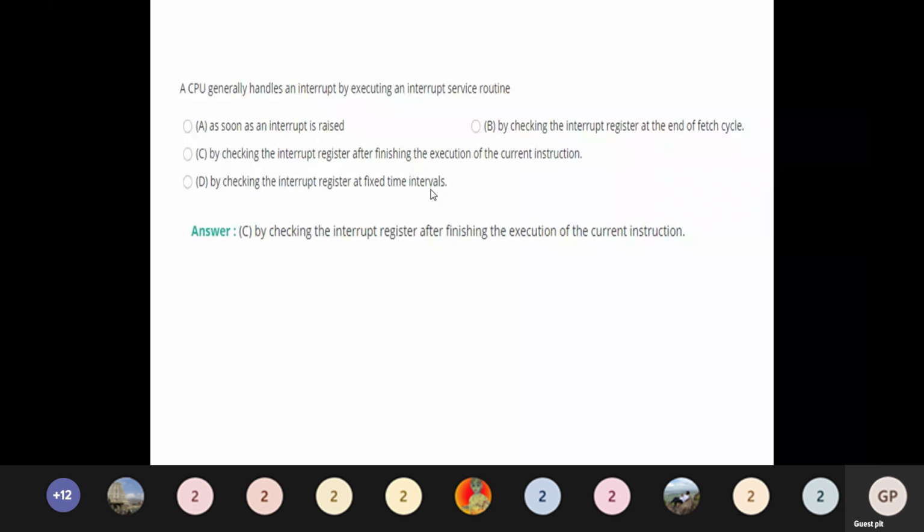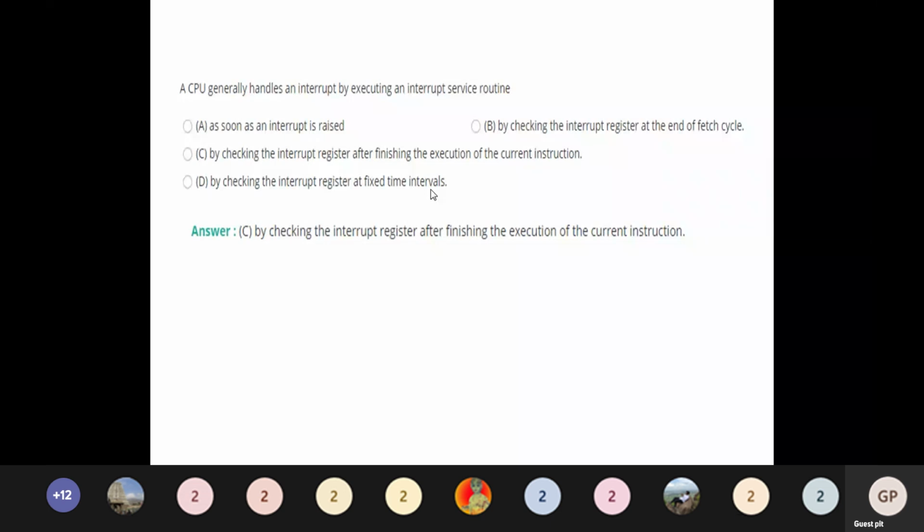For example, if I'm saying something to you and some person comes and stands outside and asks me something, then I have to complete the sentence I'm speaking and then move. Then only can I come back and continue from the next step.